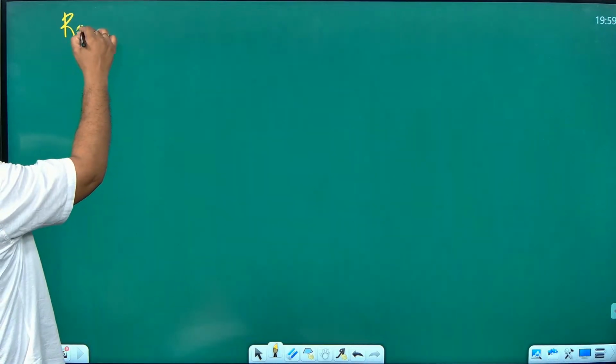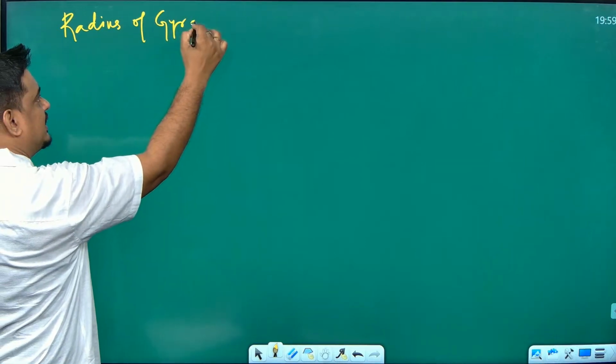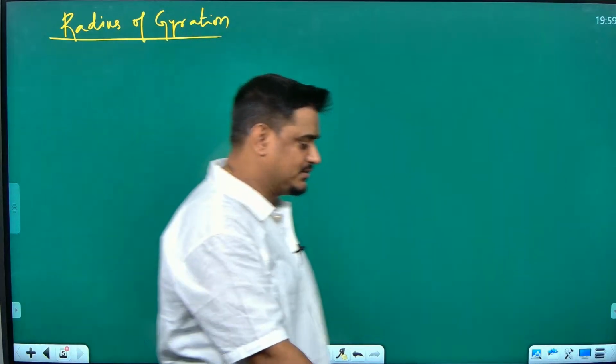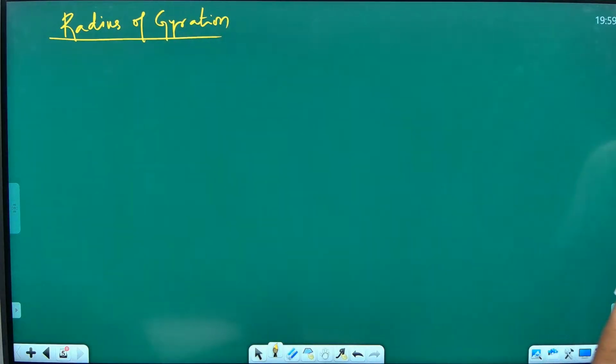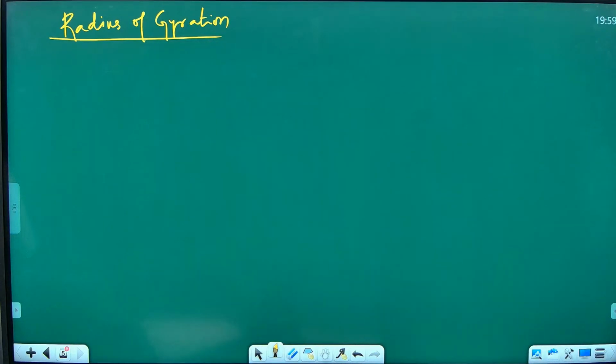So now give the heading as radius of gyration. I hope some of you would have studied this already in your school and you would have not understood anything in this, because radius of gyration can be very confusing. I will confuse you more. Take the definition first. If you write a definition, you definitely will get confused only. Definition is